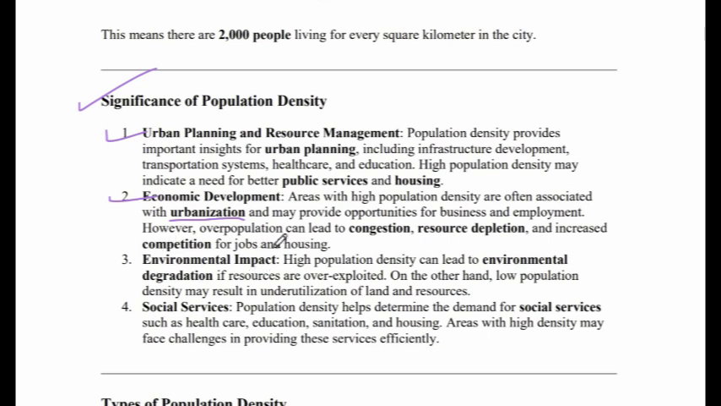However, overpopulation can lead to congestion, resource depletion and increased competition for jobs and housing. तो इसका साइड इफेक्ट भी है. एक तो ओवर पॉपुलेशन अगर कोई एरिया में हो जाता है तो वहां पे कंजेशन हो जाता है, जैसे ट्रैफिक कंजेशन, वाटर का प्रॉब्लम, हाउसिंग का प्रॉब्लम हो जाता है, लोगों को घर नहीं मिलता है, झोपड़पट्टी में रहते हैं वगैरह. Then there is resource depletion. वहां का जो resources है, especially water है and other resources like food या even jobs, तो वहां पे competition बहुत बढ़ जाता है. तो ये significance है